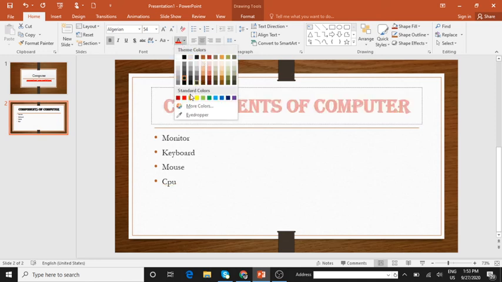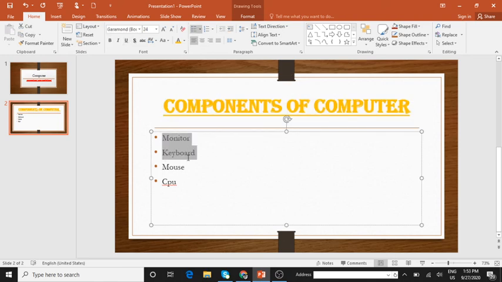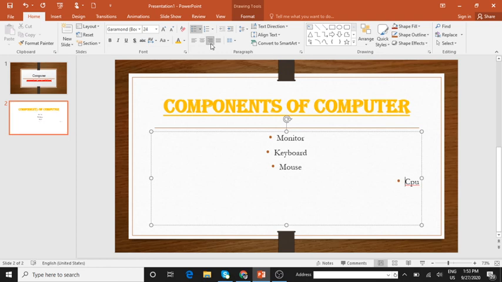If you want, you can change the color, okay, then you can even underline it because it's a heading. Then coming over here, you can even enhance this also. You can put it to the center. Alignments also, I'm just telling you here only. You can put it to the center or to the right or justify or center again. Okay, you can just move each of them to different positions so that they look a little better.